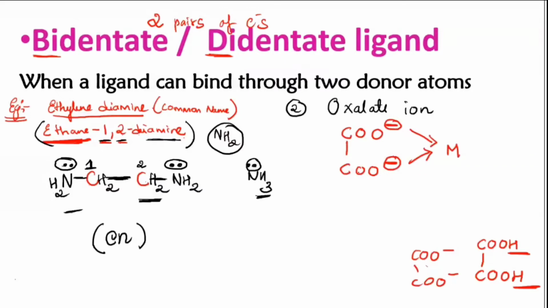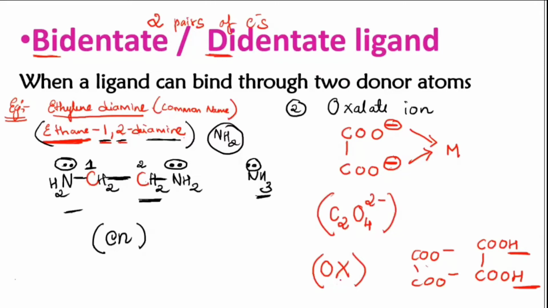You can still make it smaller and write 2 carbons, so I can write C2, and then I have 4 oxygen here. So I can write C2O4, and charges, you see, 1 minus and 1 minus, so that means it is 2 minus. In short, it can be given in this way also. And how do they abbreviate it? Abbreviated as OX. If you find OX anywhere attached to the metal in the complex, that is oxalate ion, and it's didentate.